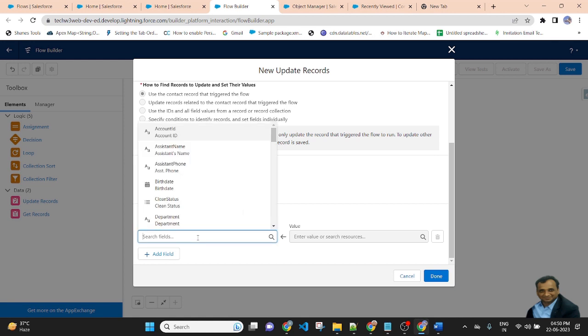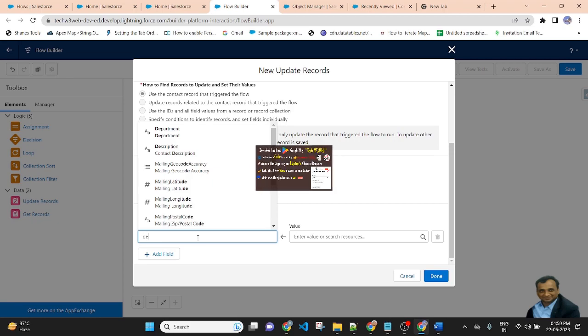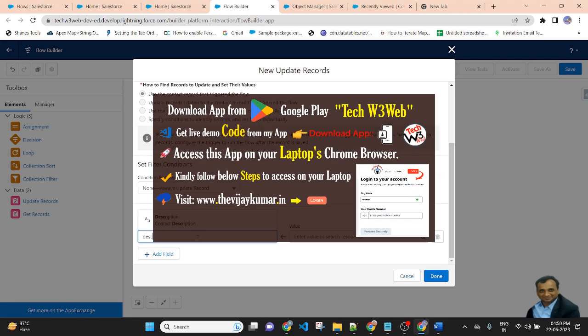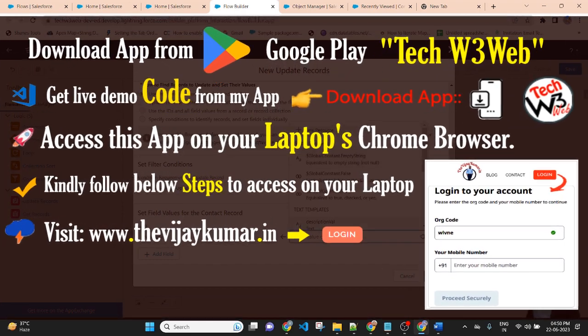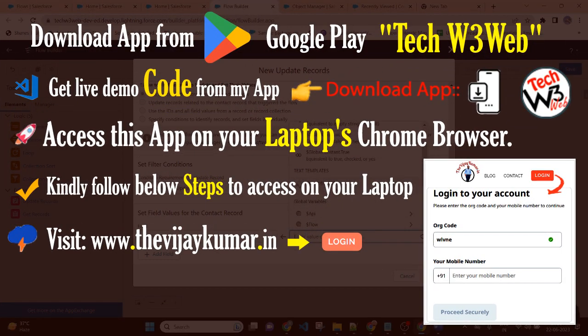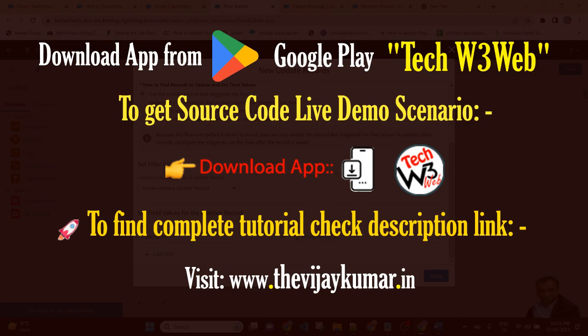The field will be Description, so I am selecting Description here, and the value will be descriptionValue, that is the recently created variable. So after updating the email, the updated email will be displayed in the description on the record of the contact. Then Done.